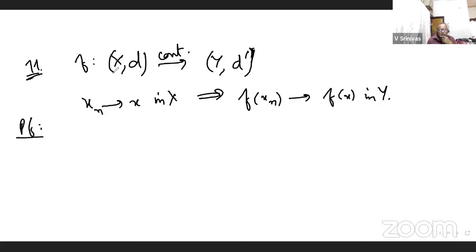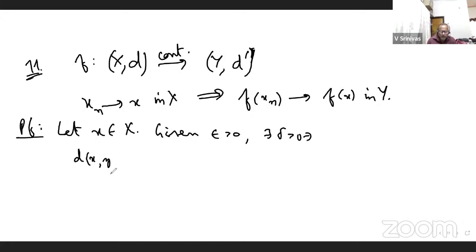We are taking an X in capital X, so let us start with the small x in capital X. We are assuming that F from capital X into capital Y is continuous. What does it mean? What is the definition of continuity? Given epsilon positive, there exists a delta positive such that d of X comma Y is less than delta implies d of